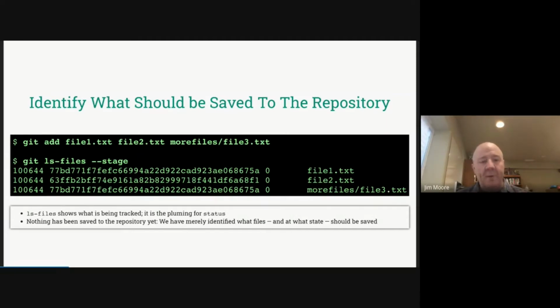But we're basically telling Git, hey, I now want to track these files. Nothing's in the repository yet. It's just in the staging area. But this is showing us information. A few things to notice: over on the left-hand side, you see the Unix bitmap for chmod, if you're familiar with Unix. Here's the hash value that it comes out to, and this is the file name relative to the top of Git.